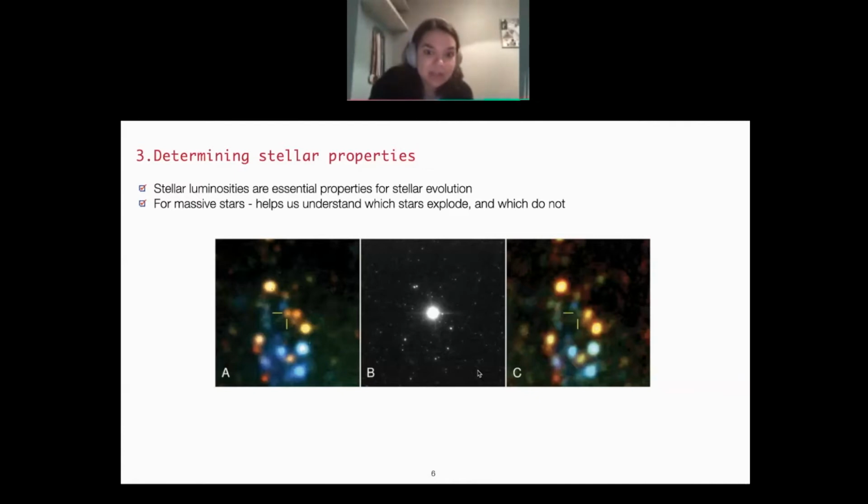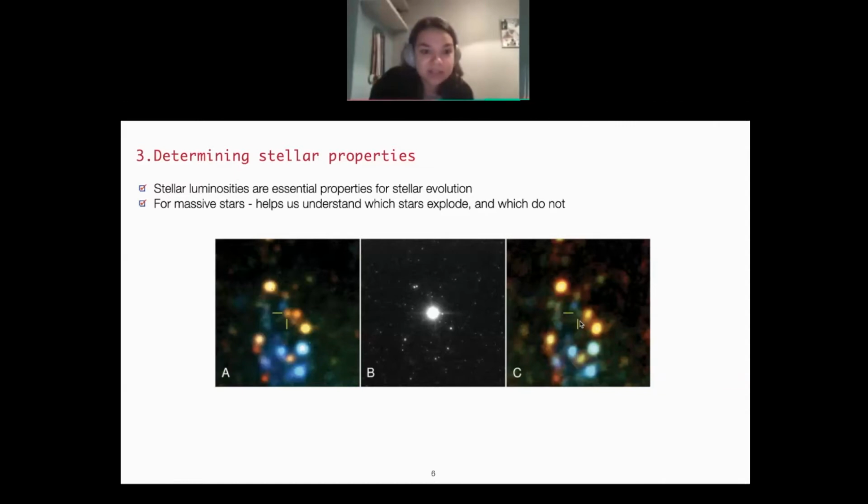So in this middle image here, you can see the supernova, and then you can go back through the archive and look in the location where the supernova went off and try and identify a progenitor star. So you can see here in figure A. And then you wait for the supernova to fade away, and you can go back and confirm whether or not that was